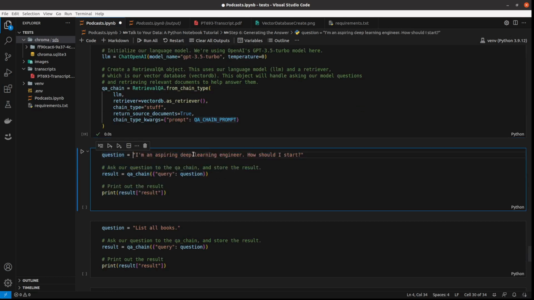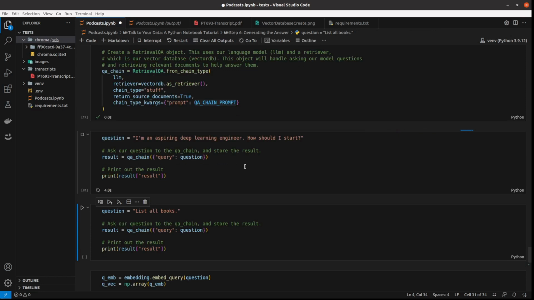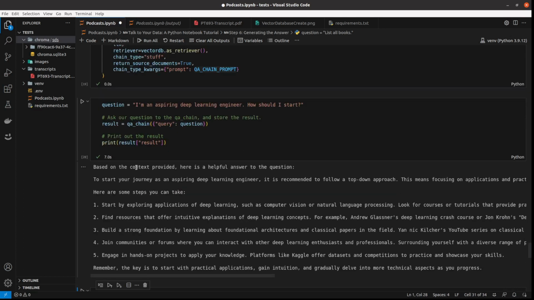I'm an aspiring deep learning engineer. How should I start? And I'm running this query. Okay, and I've got the answer based on the context I've provided. So based on the context provided, here is the helpful answer. To start your journey as an aspiring deep learning engineer, it's recommended to follow a top-down approach,